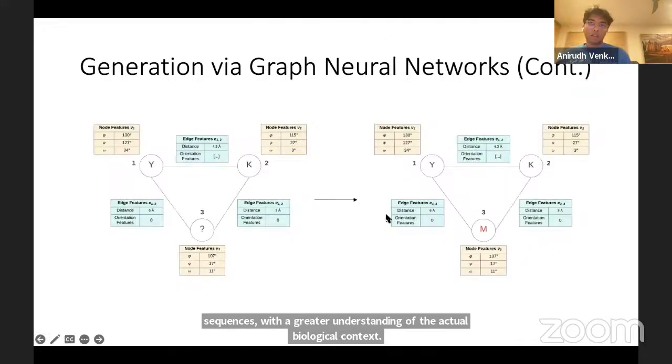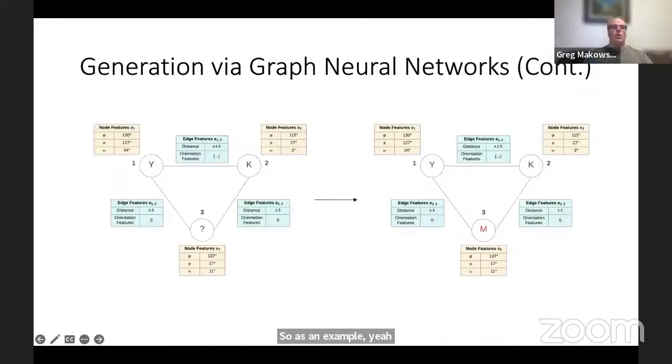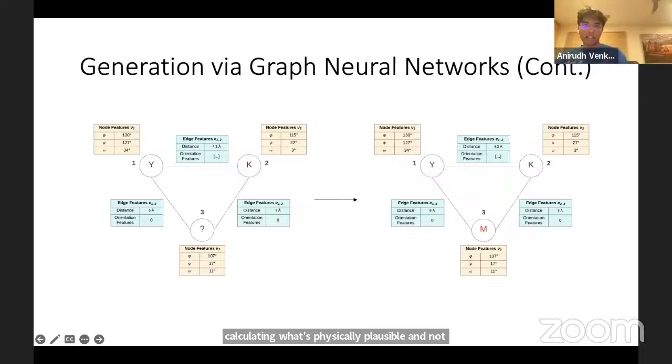So as an example, yeah, sorry. So were you able to prune things that were not physically plausible? I mean, because you can generate a sequence of letters, but then once you calculate the angles, if two things overlap in 3D space, it's not plausible. So there's a way of calculating what's physically plausible and not plausible. Yeah, so this already has that filter through it, and it calculates which is plausible, which is not plausible. Like if it overlaps in 3D space, obviously that's sort of an error we can catch